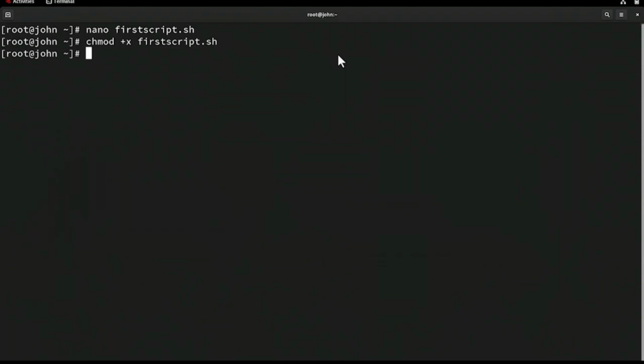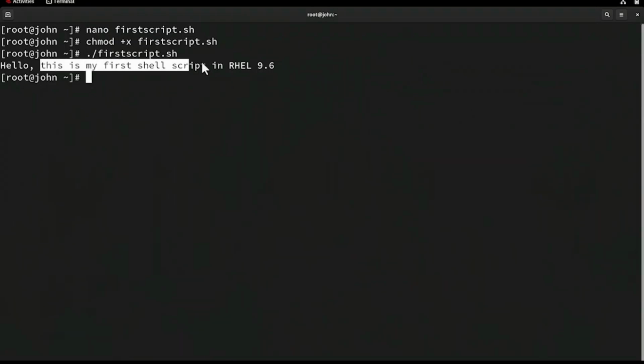Then press enter. To execute the script, type the following command. ./firstscript.sh. Press enter. You should notice the output. Hello, this is my first shell script in RHEL